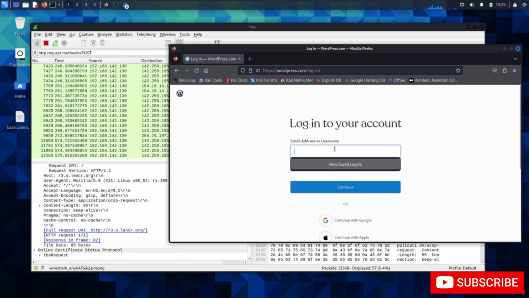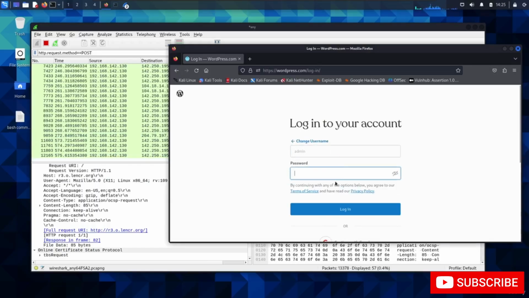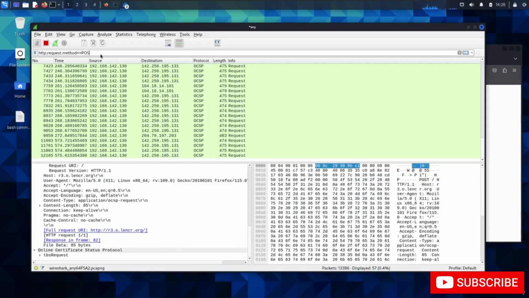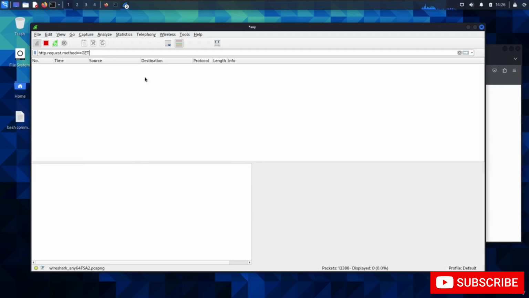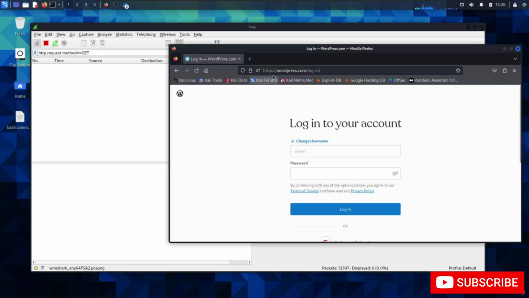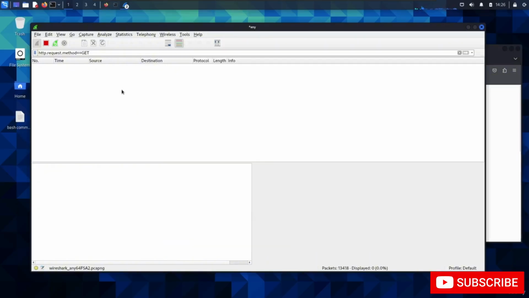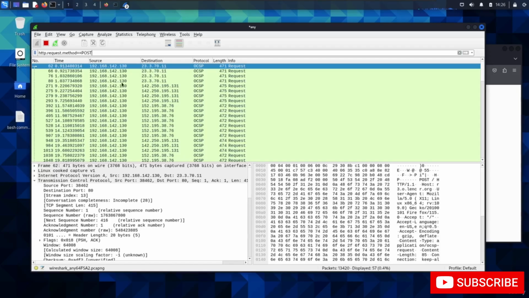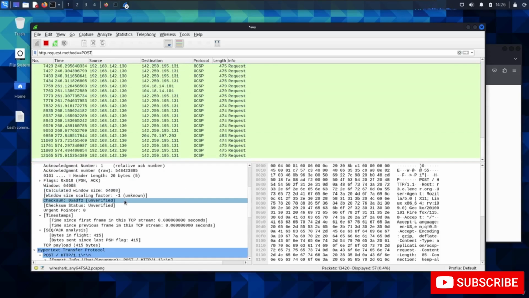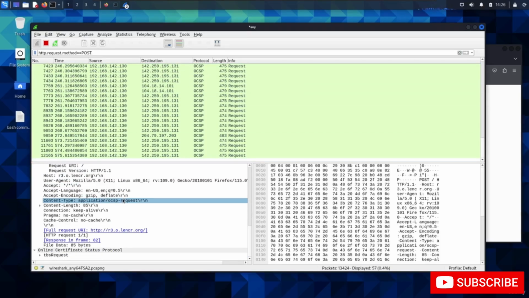So I am putting a username and I have put continue, and I don't think this will also be captured in get, because the HTTP sites, which are sites with no padlock, can be captured in get. And for the password, for example, if I put admin and don't save, you see I cannot get any of the data here. But in posts, I think I might be able to get some request data, which is relatively not so interesting for me,